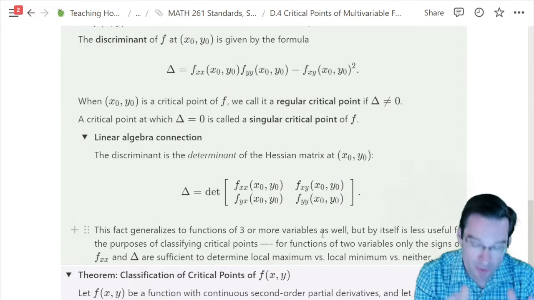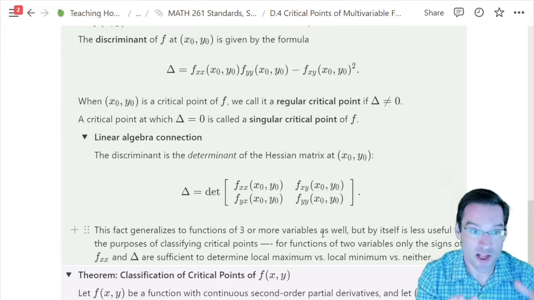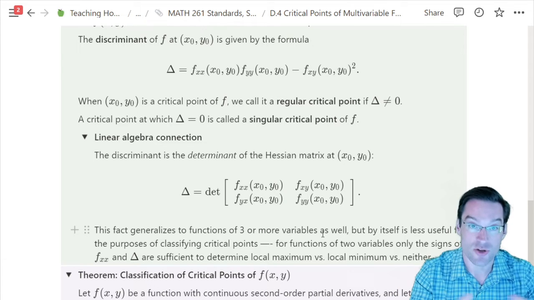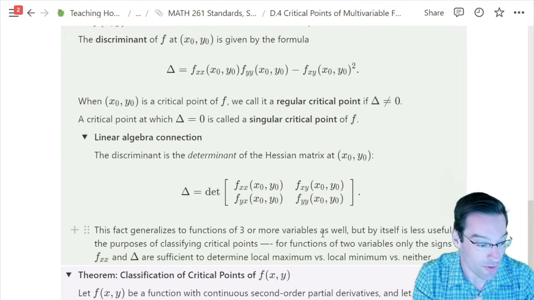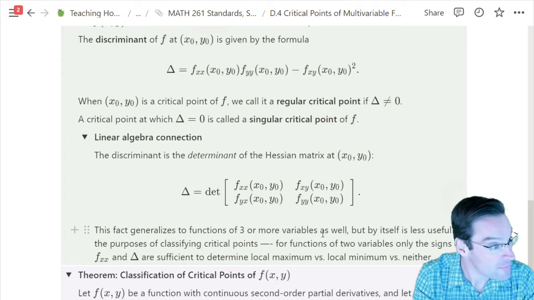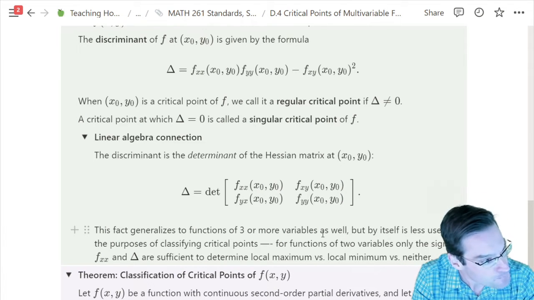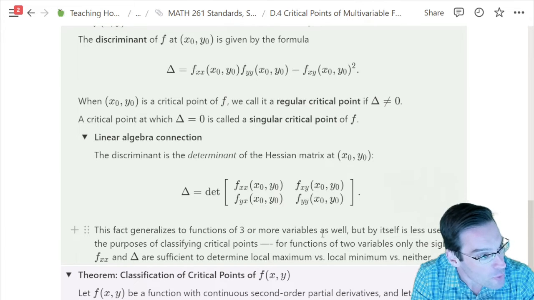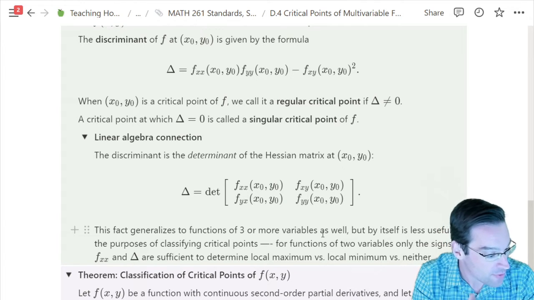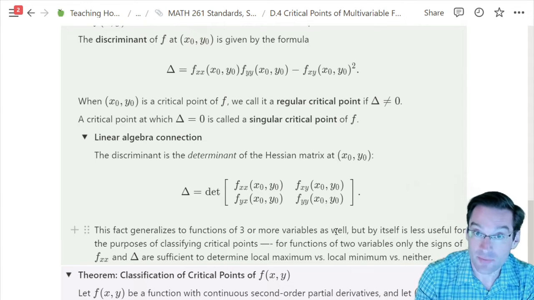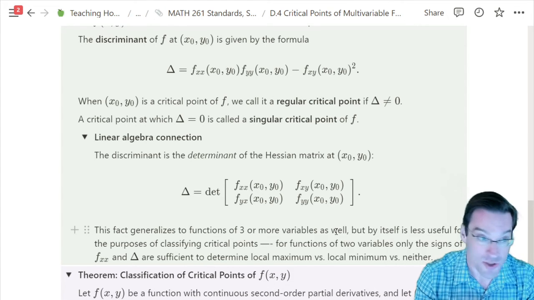And so what is the determinant able to tell us? In linear algebra, we find out that it can tell us a number of different things, one of which is how a linear transformation changes the areas of regions when it transforms them. Areas, volumes, whatever is your top dimensional measurement of size. But more to the point, determinants can also tell us about the sign of the quadratic function that's associated